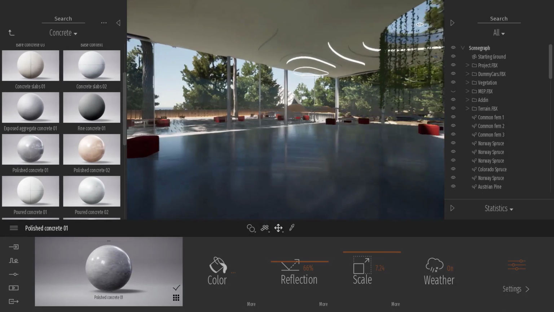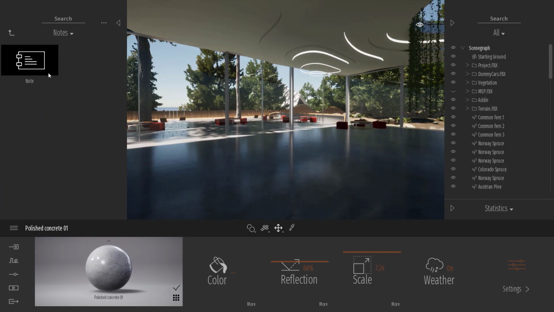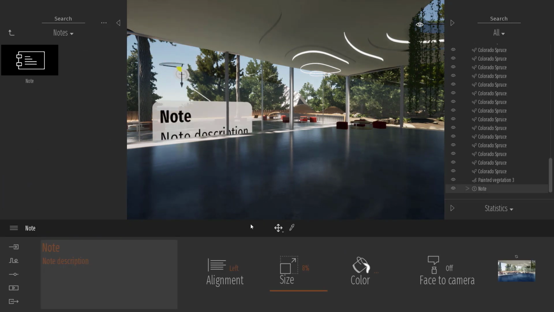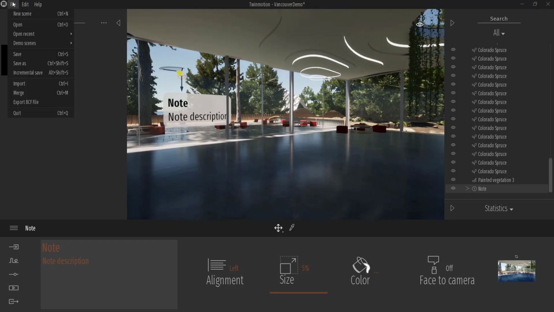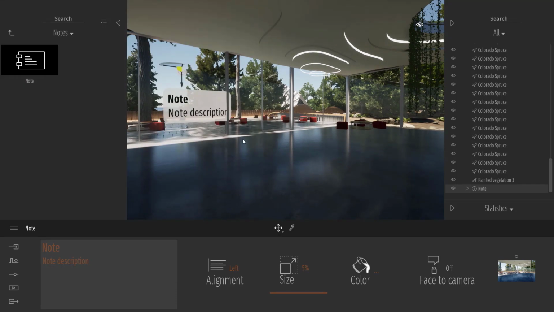So yeah, I was talking about notes. In Twinmotion now in the tools folder, we have notes. You can drag and drop notes inside your project. You can just expand and collapse them. You can change the size of them. You can add title, description, it takes a thumbnail, and all those notes, you will be able to export them as a BCF file that you can import them back inside Revit. And in Revit, you will retrieve the title, the description, and the thumbnail.